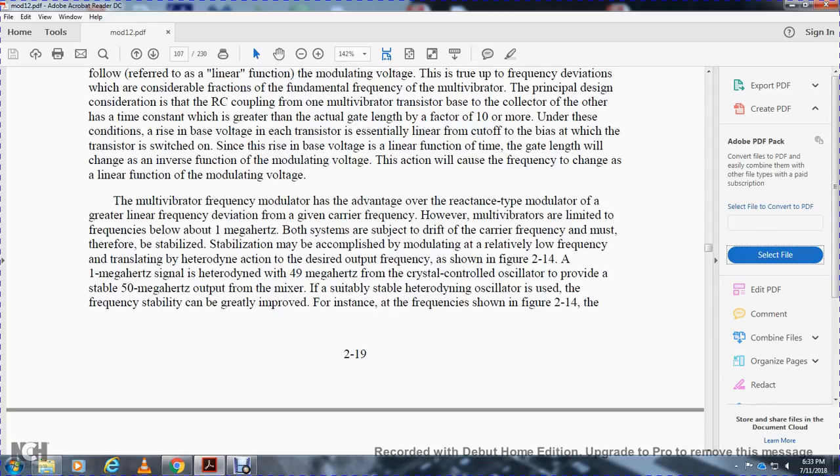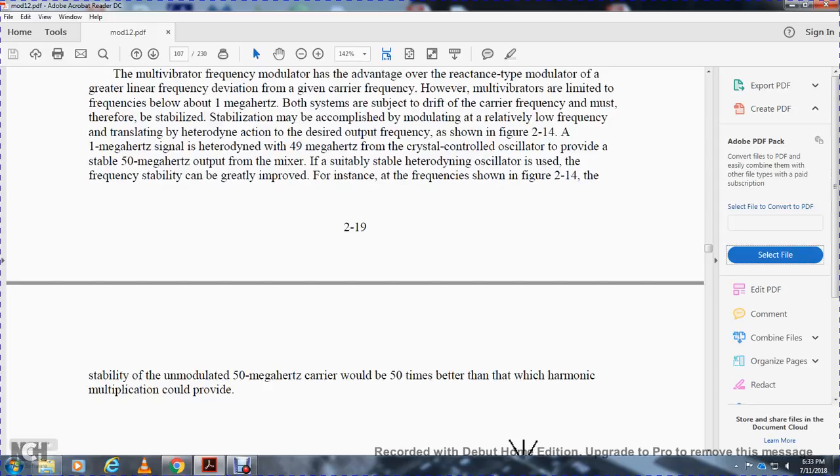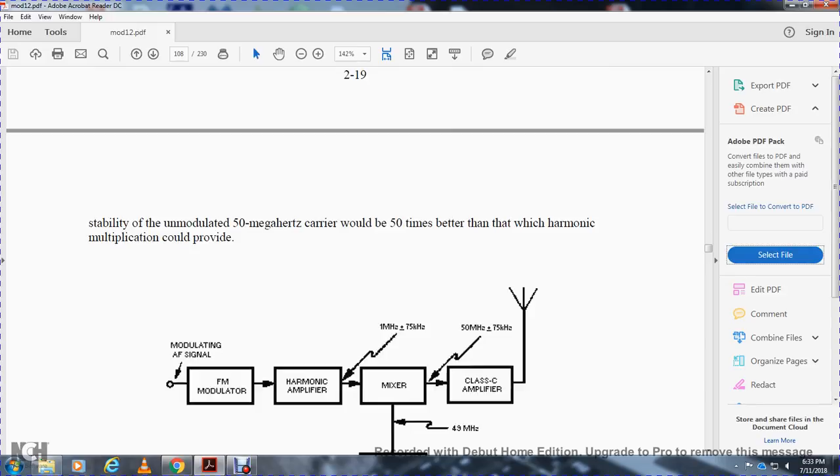Stabilization may be accomplished by modulating at a relatively low frequency and translating by a heterodyne action to the desired output frequency, shown in figure 214. A 1 MHz signal is heterodyned with a 49 MHz crystal controlled oscillator to provide a stable 50 MHz output with a mixer, when a suitable stable heterodyne oscillator is used. The frequency stability can be greatly improved, as shown in figure 214. The stability of the unmodulated 50 MHz carrier would be 50 times better than that which harmonic multiplication could